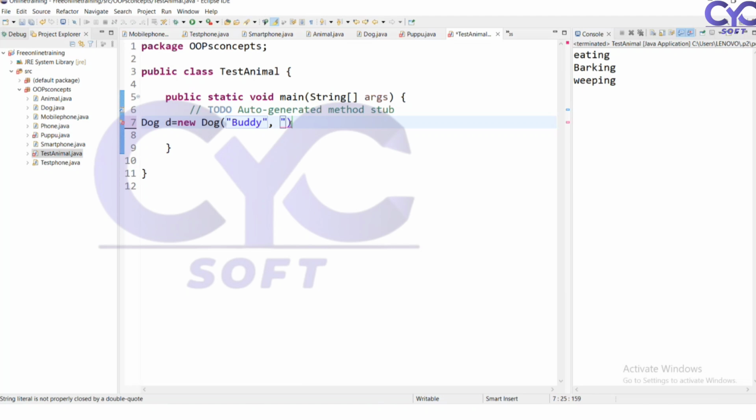So it is a type of dog, Golden Retriever. So you can pass it like this. So when you run this one,